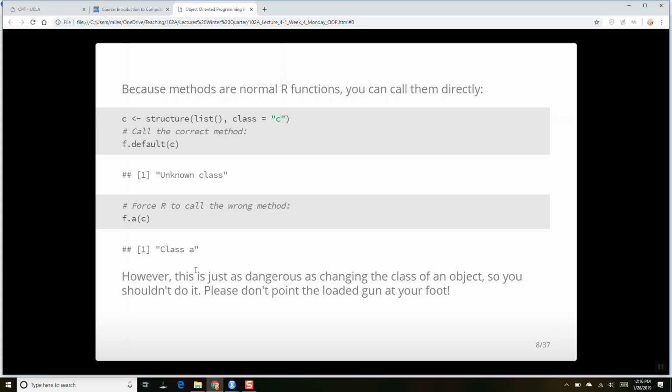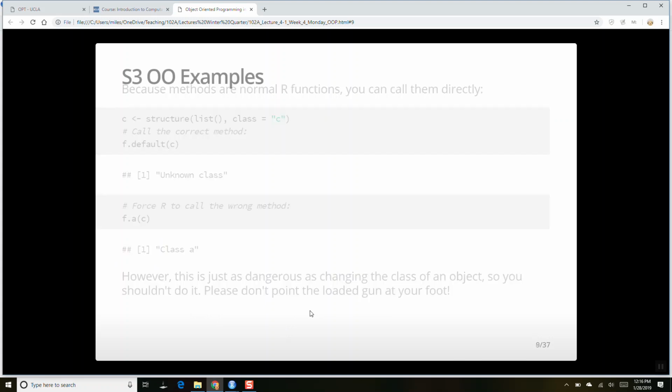It's just going to say, all right, you want me to use this method? Then I'll do it. It's kind of like saying, here's a baseball bat, but I want you to swing it as if it were a golf club. It's going to do it, and it might give you unexpected results, but you can do that. There's no check that says, you've given me a baseball bat and you're telling me to swing it like a golf club, that doesn't make sense to me. It just says, all right, I'm going to swing it like a golf club. So this could be dangerous if you call these things directly.